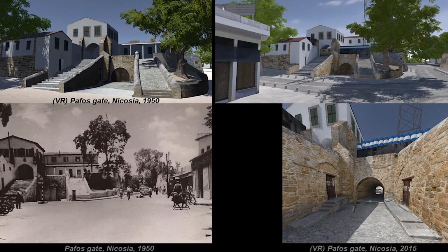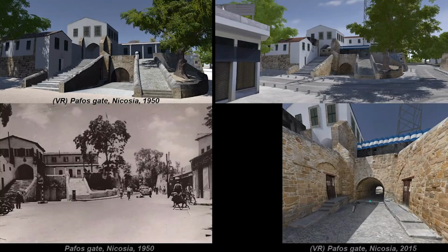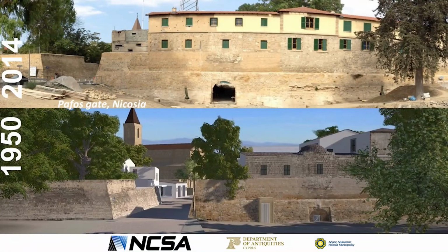about how it all started through the production of a time machine of one of the gates of the city, and this is Pafos Gate, and how we used photographic documentation and historical content to reconstruct the area, the whole neighborhood of Pafos Gate before the 1950s, before the division, but also how it is today. And this was for us the case study that I mentioned that we used to convince all the relevant stakeholders